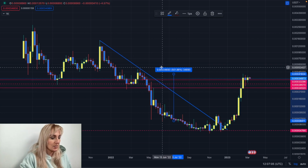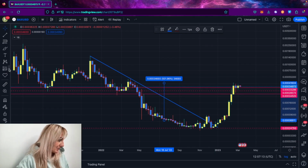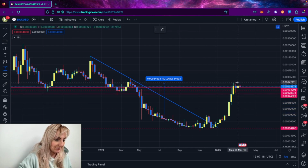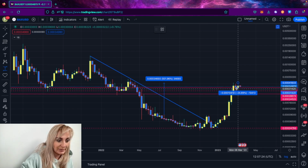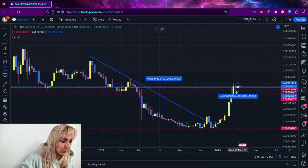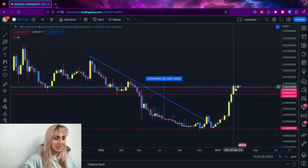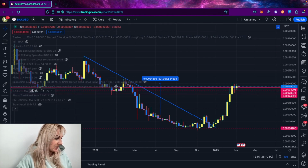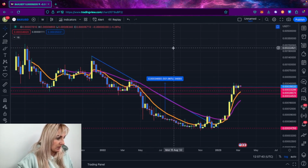Usually, like I say, it's not unusual in a bull market to see a 50% pullback. This didn't really happen for BAX after this pump. It just gave like 20%, but that was a couple of weeks ago now, and it just came back up. It hasn't really corrected. So looking at this, what we're going to do is put in some of my indicators